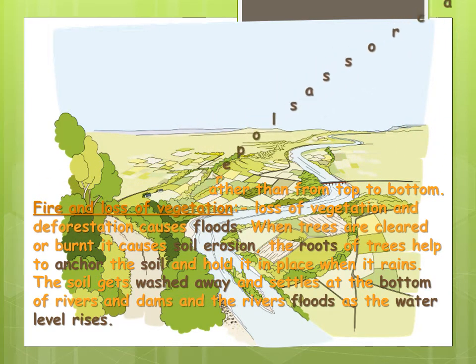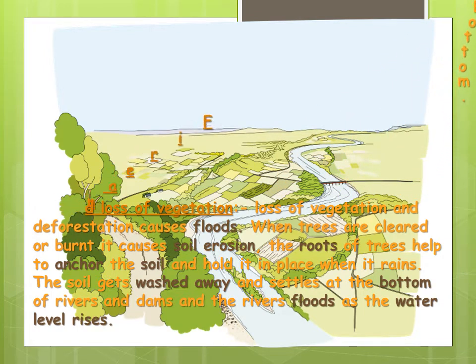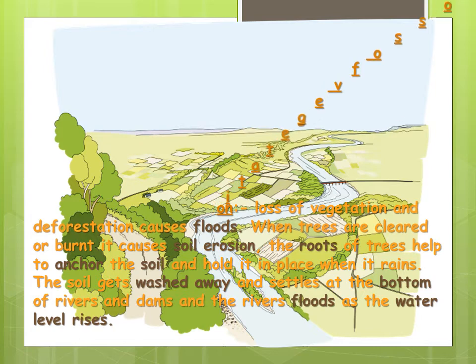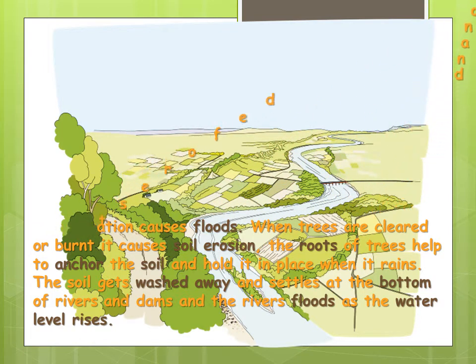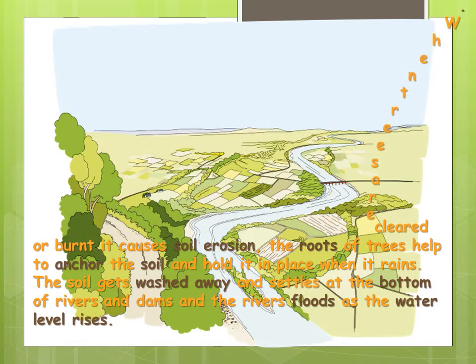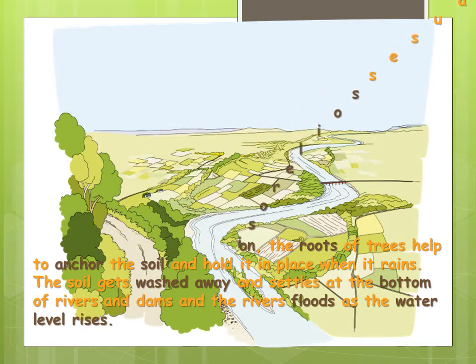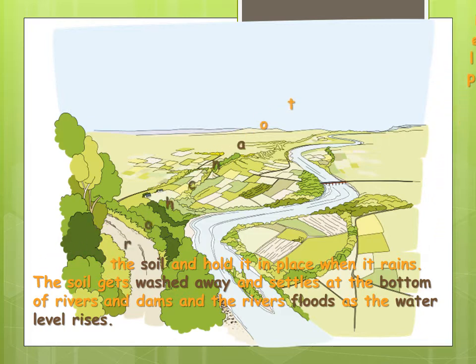Fire and loss of vegetation. Loss of vegetation and deforestation causes floods. When trees are cleared or burned, it causes soil erosion. The roots of trees help to anchor the soil and hold it in place when it rains. The soil gets washed away and settles at the bottom of rivers and dams, and the rivers flood as the